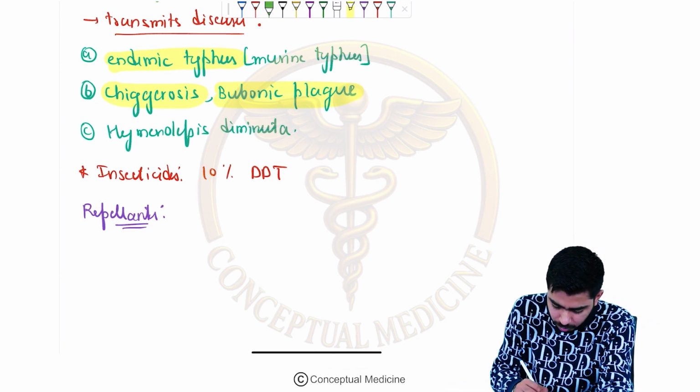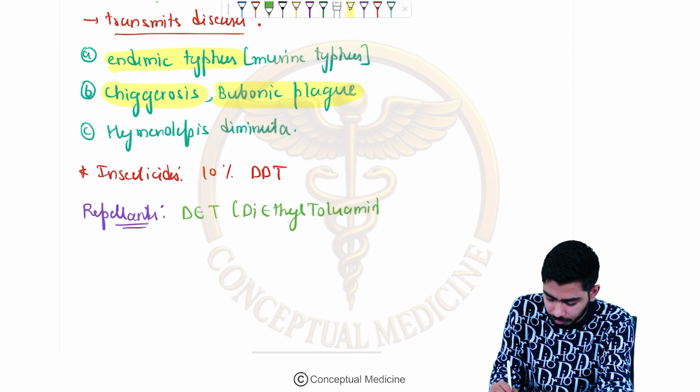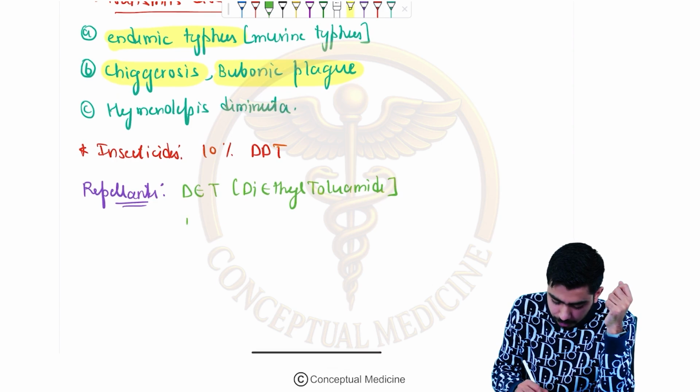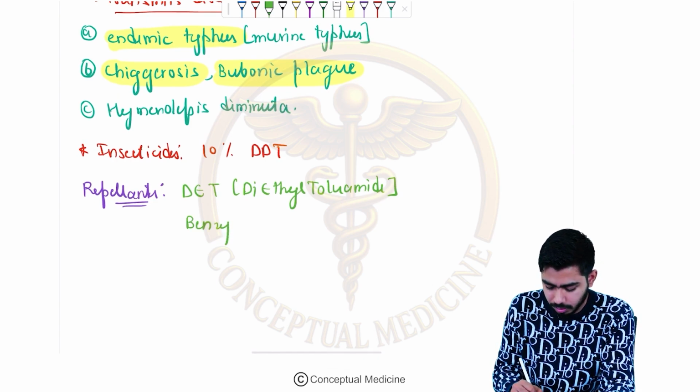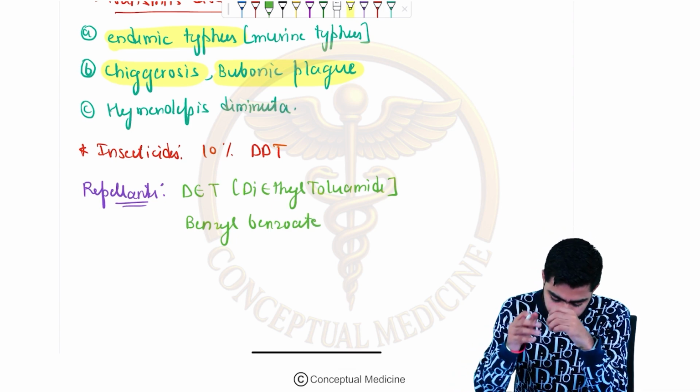So repellents, if we talk about, it could be the DEET, which is the diethyl toluamide. Okay, diethyl toluamide. With that, you shall be using the benzyl benzoate also, guys, right? You might be using the benzyl benzoate. Okay. Now,